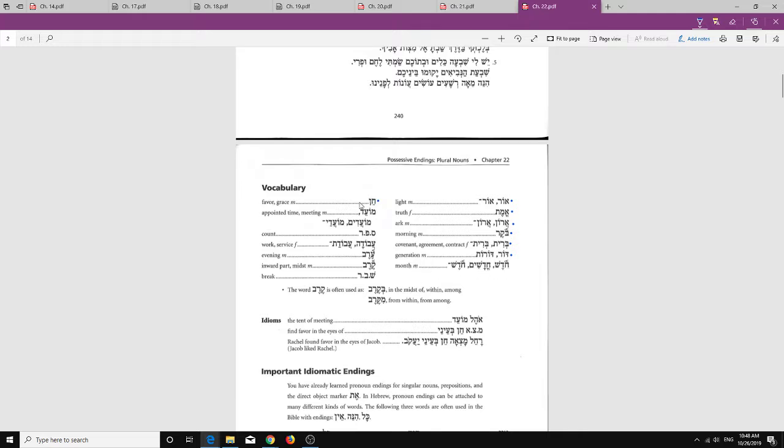And we have chen, which is favor or grace. We'll look at an idiom here in a second that has to do with this. Then we have moed, moadim, moadeh. This is appointed time or a meeting. You can see how these words are the same word in Hebrew, because in a meeting, we typically have an appointed time to meet. Moed. Next we have the verb samekh pei reish, safar, which would be count,